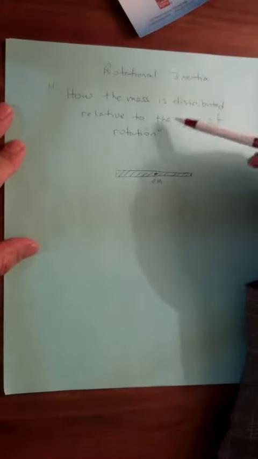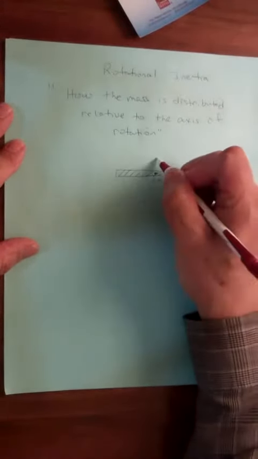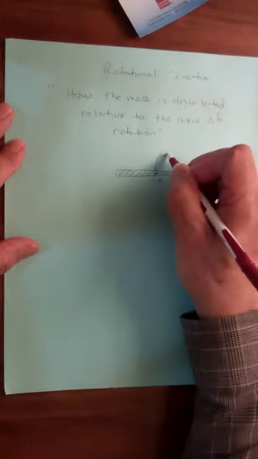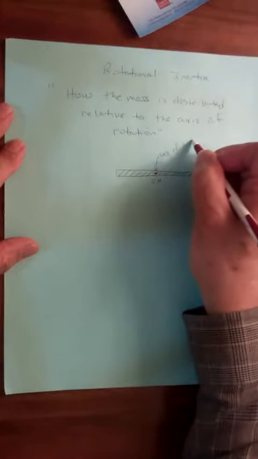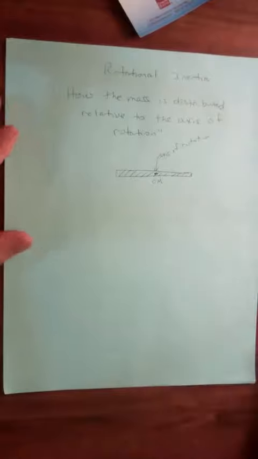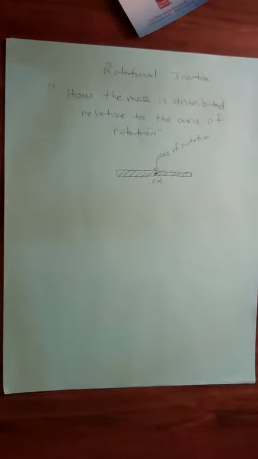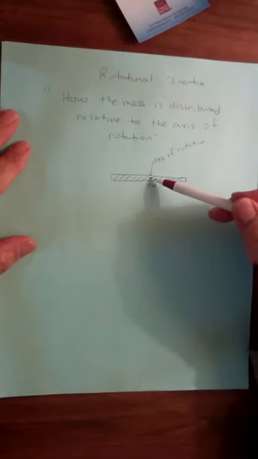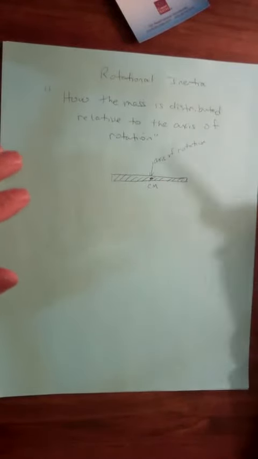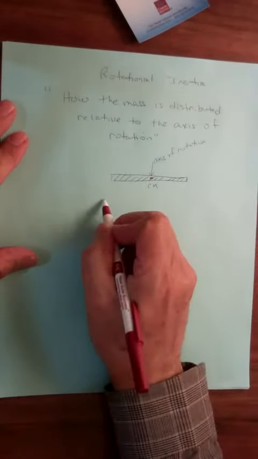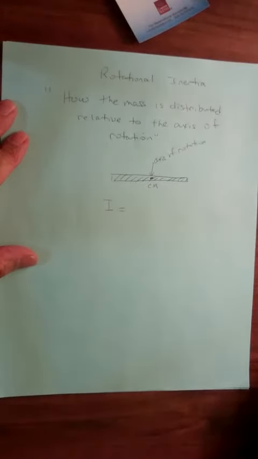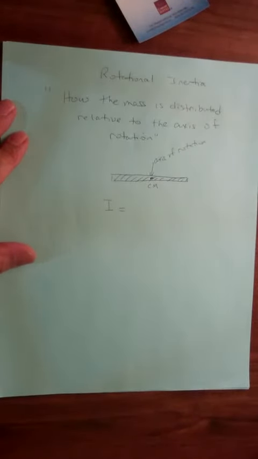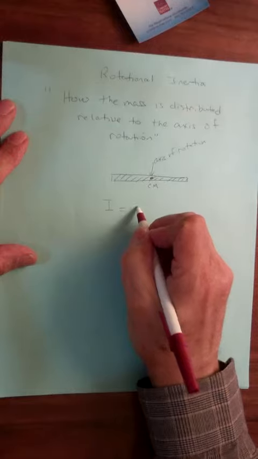So in this case, if we pick the center of mass as being the axis of rotation, which is the most common place for the axis of rotation for a rigid body, then we would say that this mass is distributed relative to this axis of rotation a certain way. And we identify that as the rotational inertia, and we use the symbol I to represent that rotational inertia. And it's equal to the mass